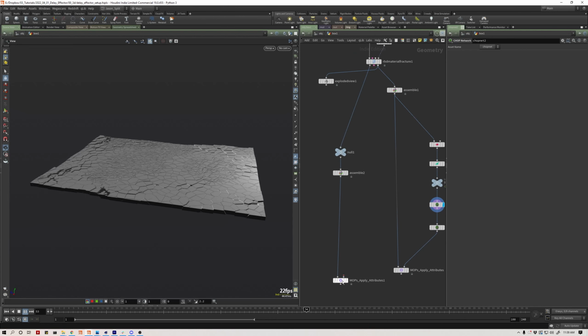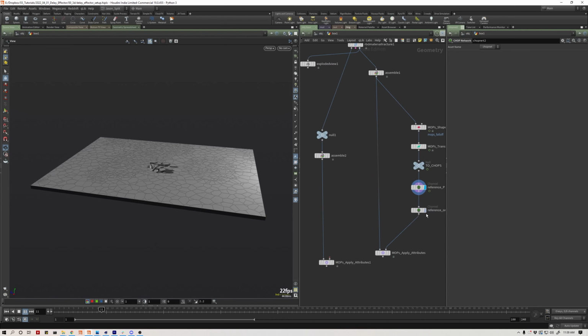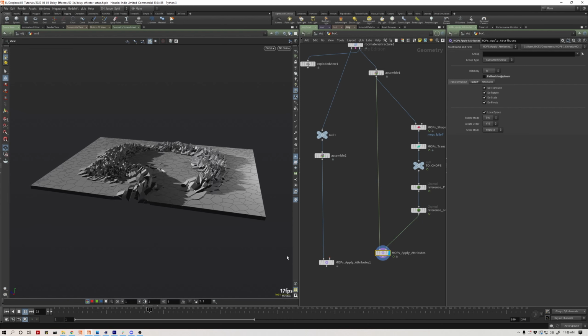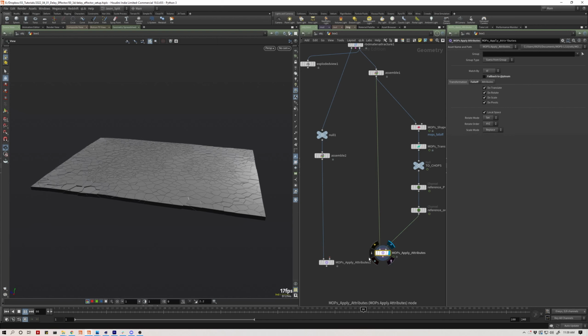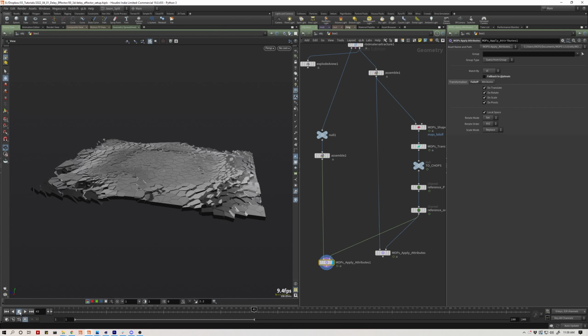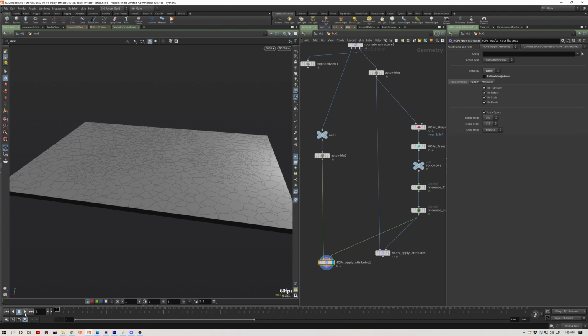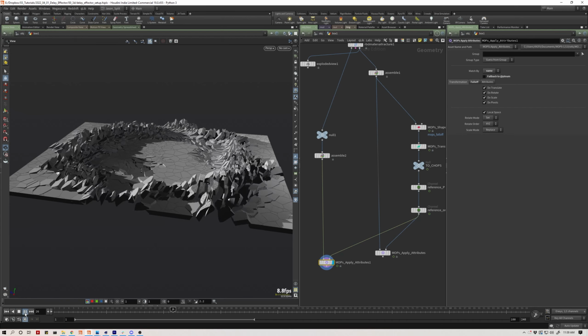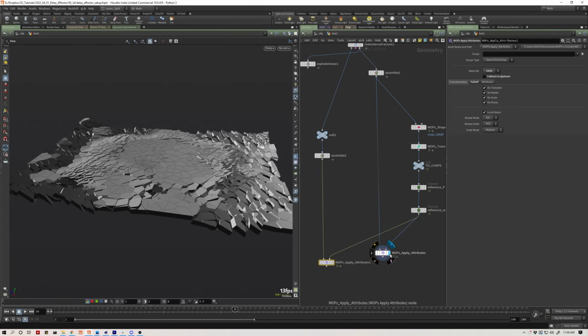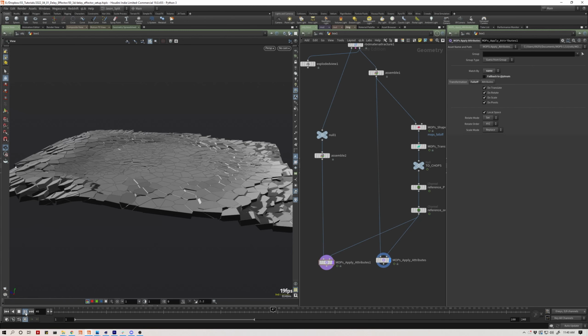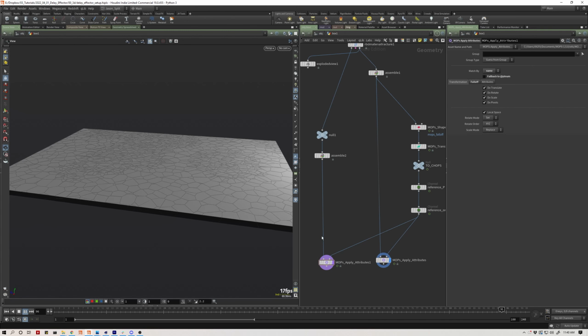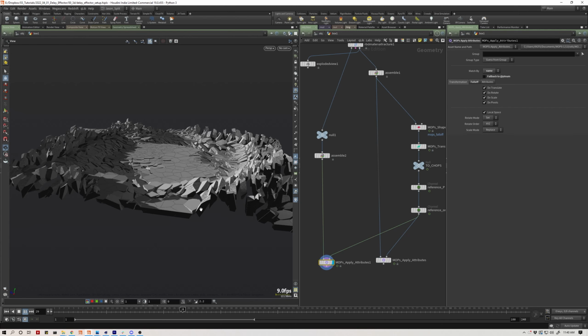But once you're happy with your motion from your delay setup, just as we did to apply our orientation using the MOPs apply attributes, you could just as easily feed that into your high-res geometry. You'll notice a dip in viewport performance, a significant dip. So if I were doing this on a real project, I would just have one set to render, one set to display, and that way you still maintain some decent viewport performance, decent speed there, but you would be rendering